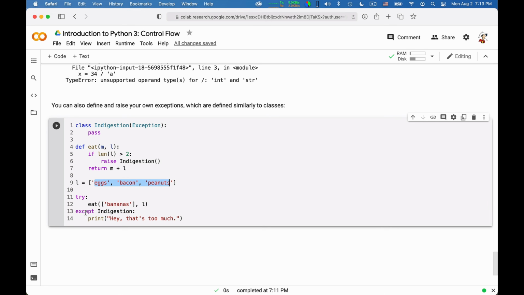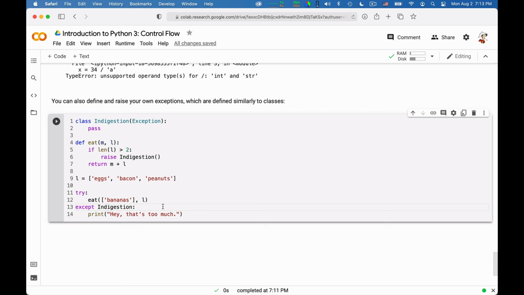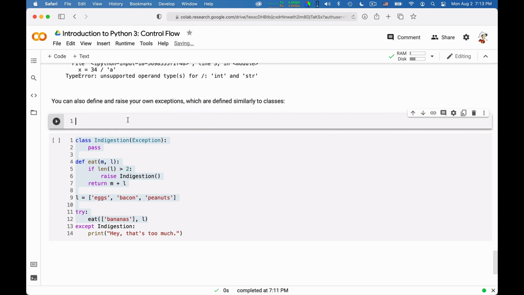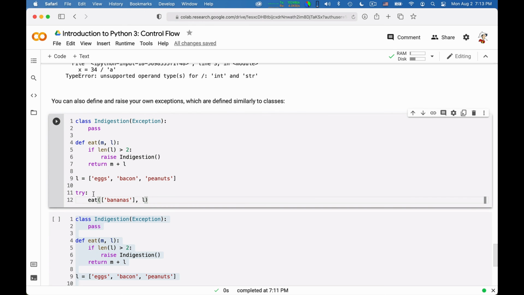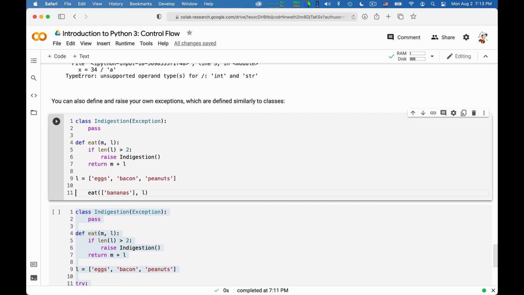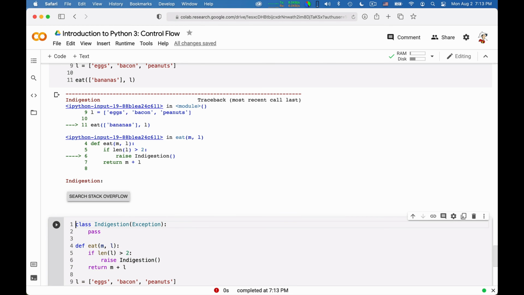and this indigestion exception, I can catch it, and I can say, hey, that's too much, instead of blowing up. So if I simply say this without the try, let me put it above, this will give me an indigestion error.